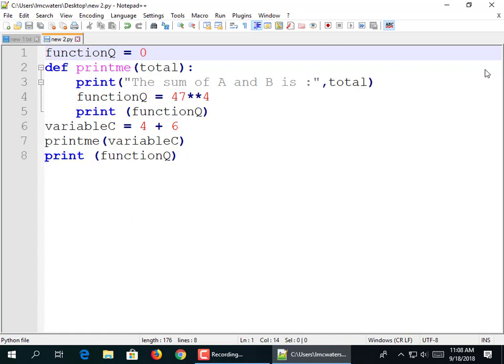So what do you think this is going to do? So it's going to print what we initially did. It's going to do the 4 plus 6. What's this line going to do? Zero. Yeah, because it can't pass what's in here. It can't pass this outside of this function. So when we run it,